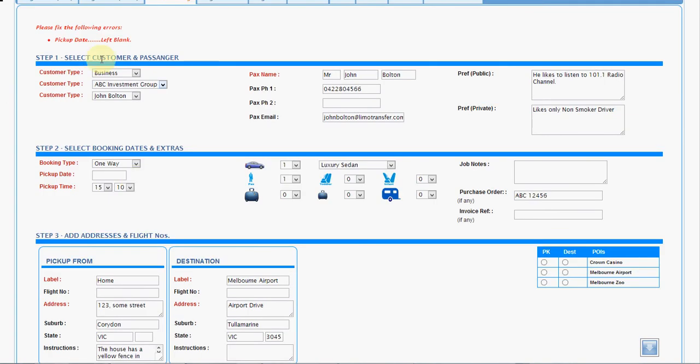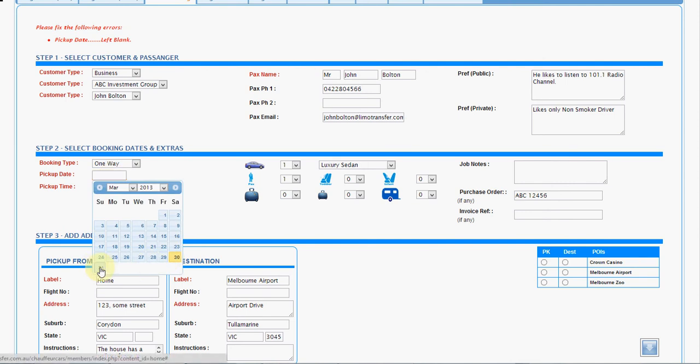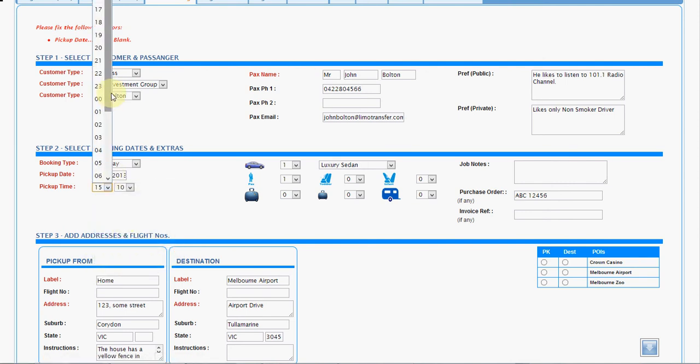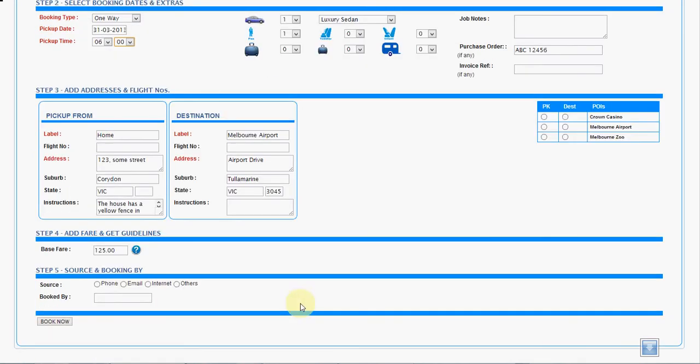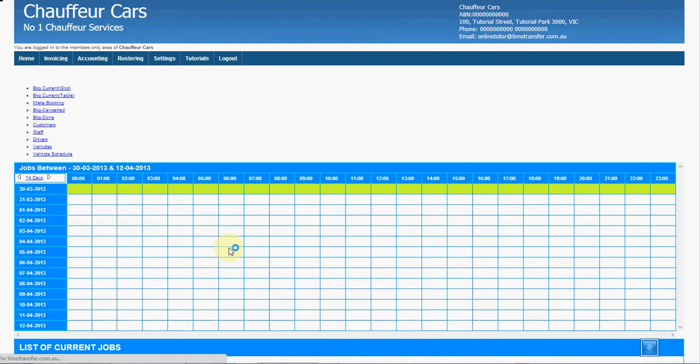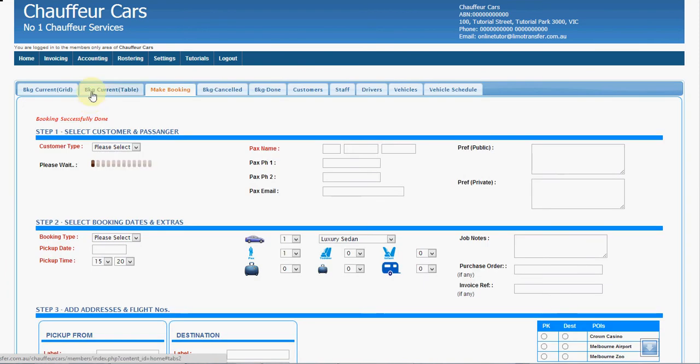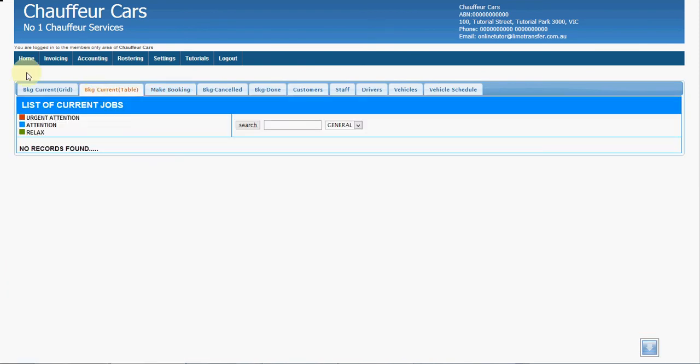We left the pickup date blank. We really don't want that to happen. So let's put, say, 31st. The customer wants to travel at 6 a.m. in the morning. And as soon as we select that and hit the book now button, this should make this booking, and we just need to click on home